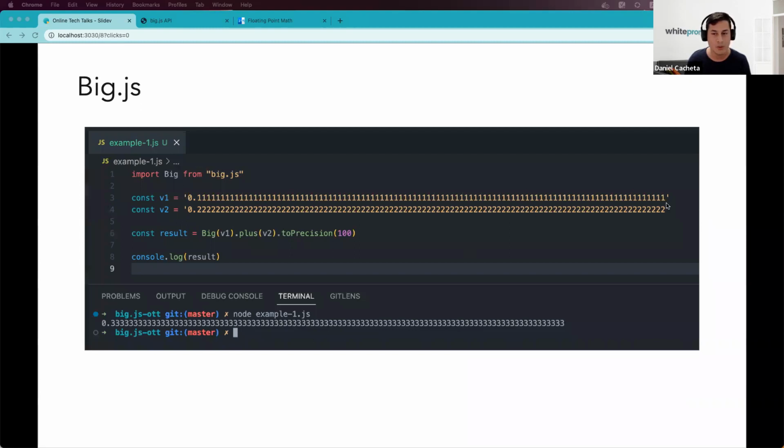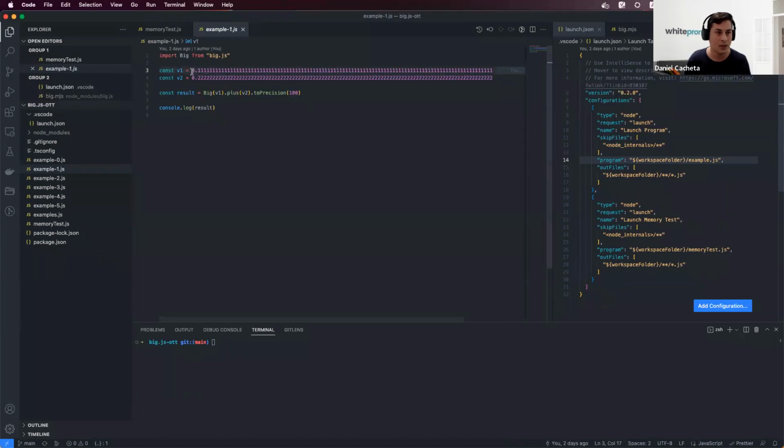They were between quotes there, and this one is not between quotes, but the code looks exactly the same, except for this part. If we try to run that example one,